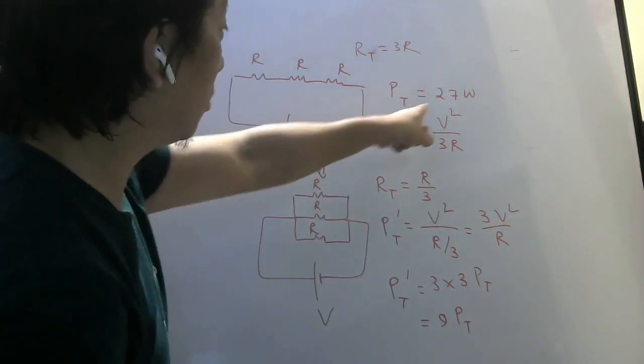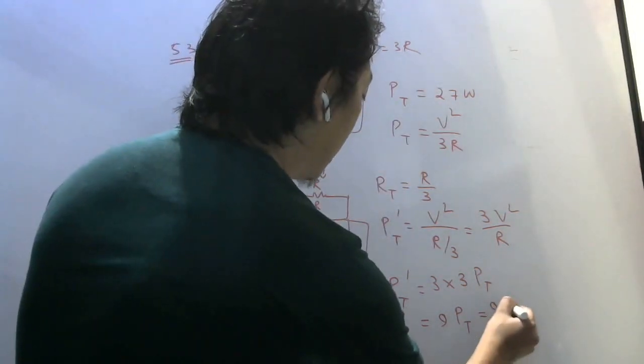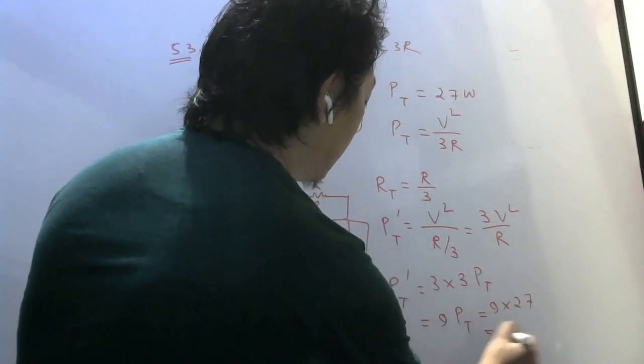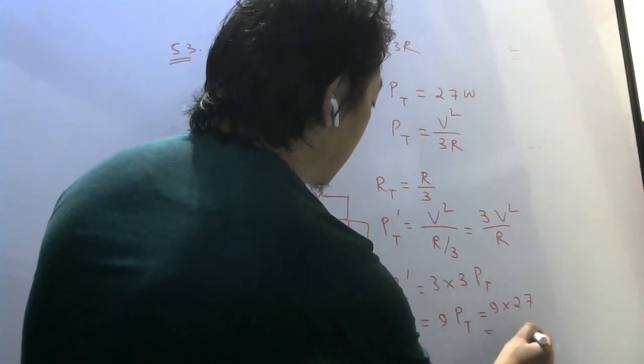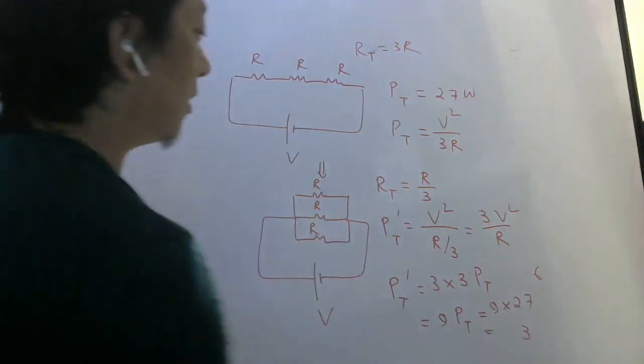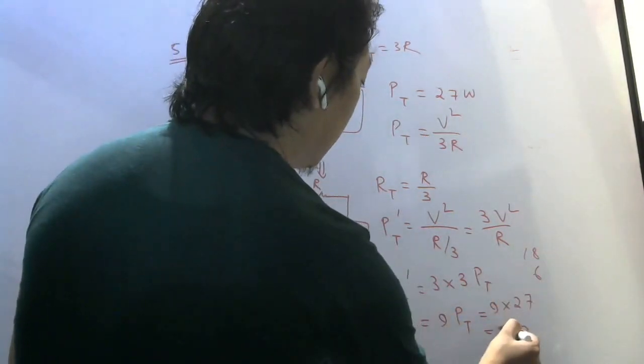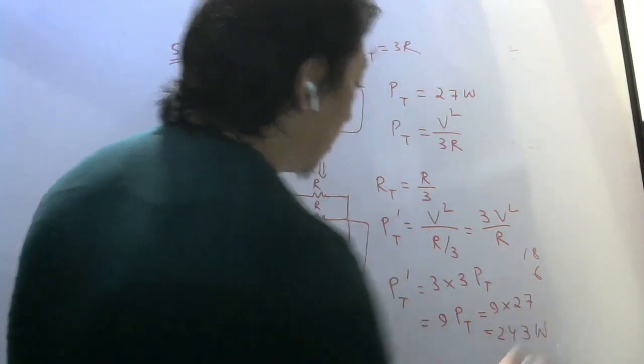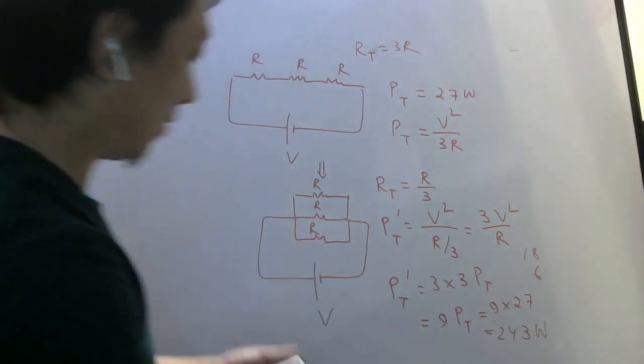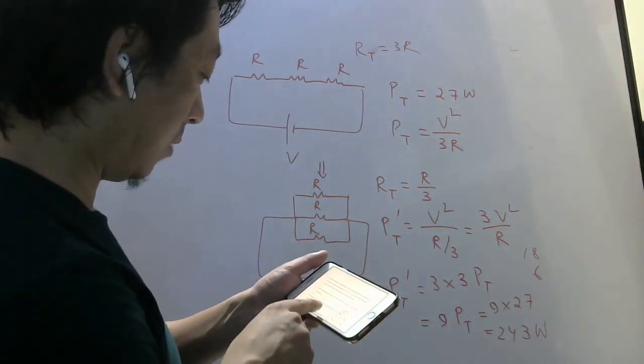And what was the initial total power? 27. So 9 into 27. 9 7s are 63, 3 and 6 carry. 9 2s are 18, 18 plus 6 is 24. So 243 watt. So now the power consumed will be,